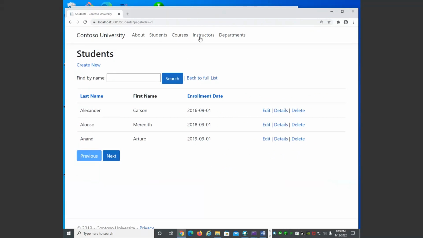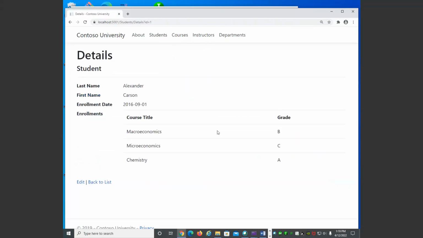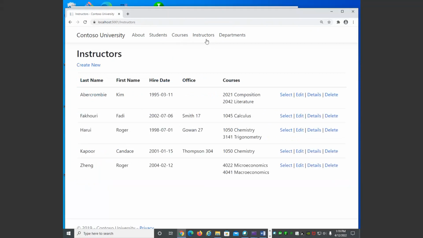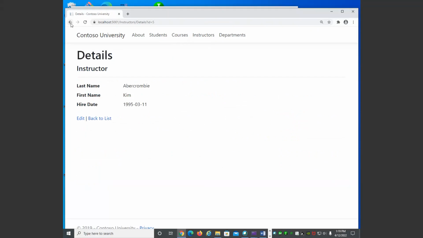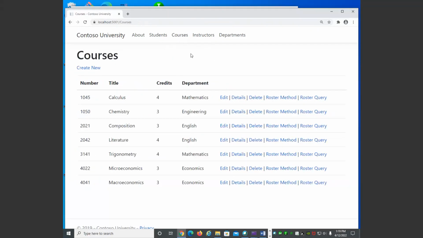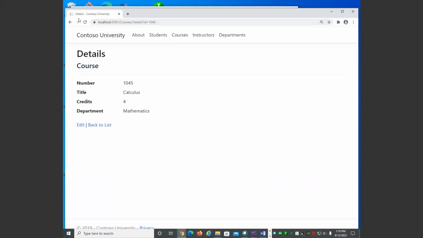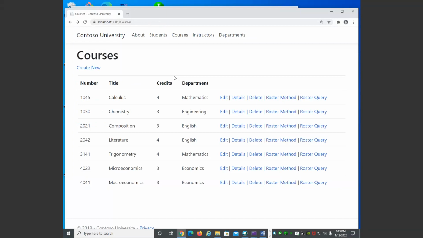Now I can get that in a roundabout way somehow, I think, if I go to, let's see, if I go to details. This is useful. This would be like your course schedule. But the details here aren't terribly useful for the instructor. And neither is the details for the course, because it doesn't show me all the students. So I decided to make something that I would anticipate people in my users, one of the categories of users anyhow, would find useful. So don't just send me for your project a project with completely